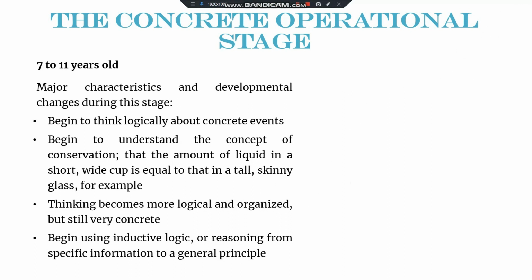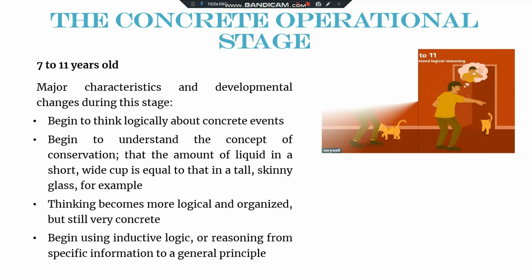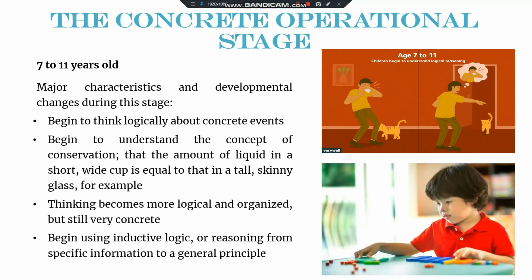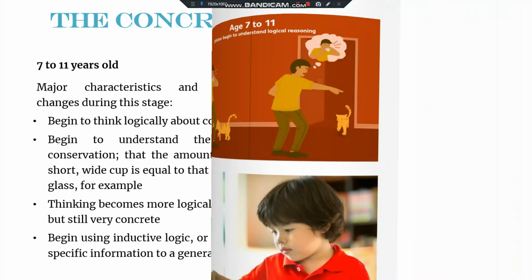Next is classification, which means children can classify objects into groups and subgroups. For example, they can group objects based on color, shape, or similarities. And then seriation, a child's ability to group objects based on height, weight, or importance. This is an essential concept to master as children require the skill during math and science.